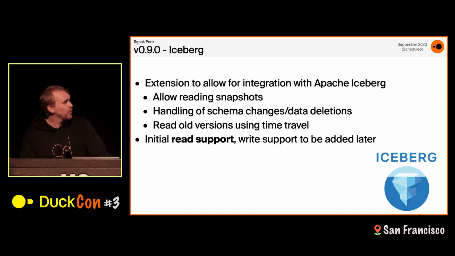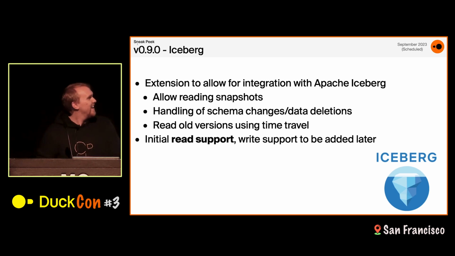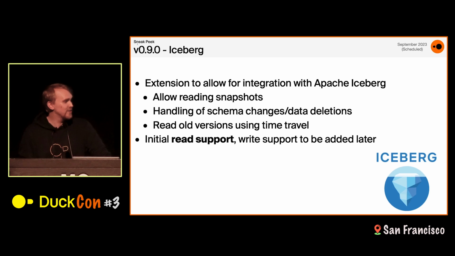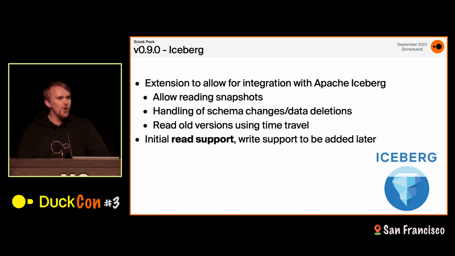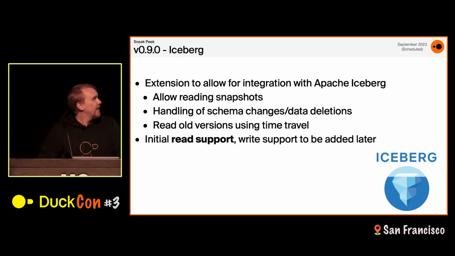Something that's very cool that we've been working on as part of our project with Relational AI is support for Apache Iceberg. So if you've been to the conference, you've heard a lot of talks about Delta. Delta is, of course, very cool as well. But Iceberg is very similar. It's a very cool lakehouse format, and something that we have seen more and more traction of, more and more people working on. And we've been working on an extension that allows integration with Apache Iceberg in DuckDB.